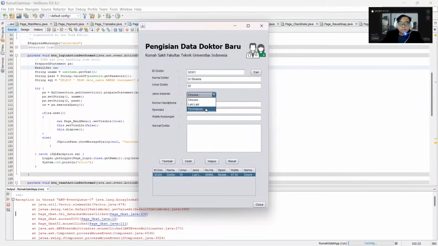For the kelamin perempuan, phone number is, okay, and for the specialist is, and for the waktu kunjungan and alamat dokter in, and we just click button tambah to save this data in this page.